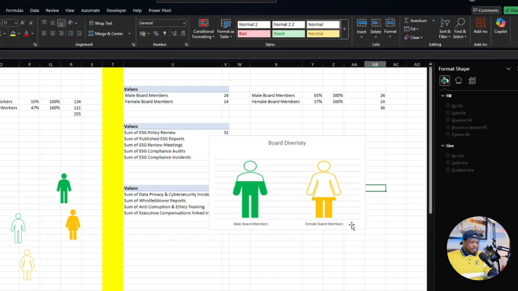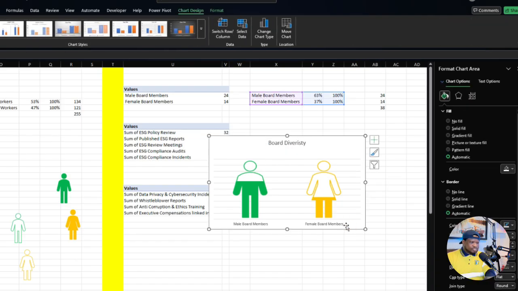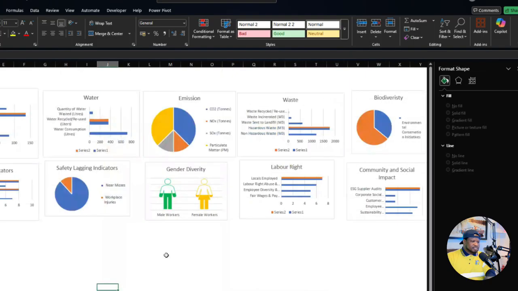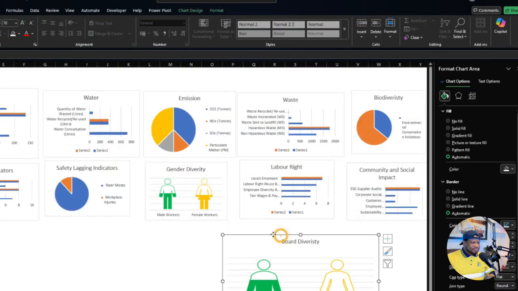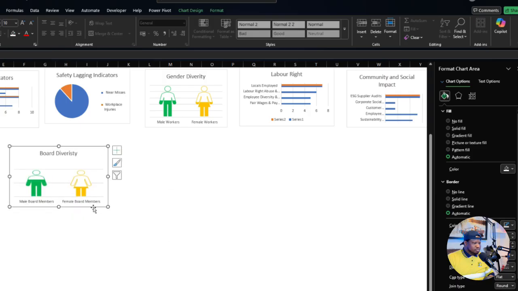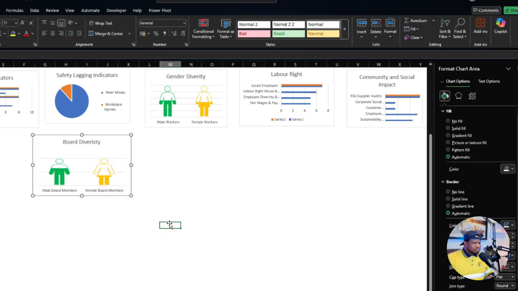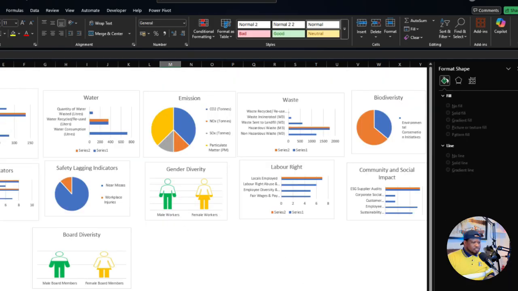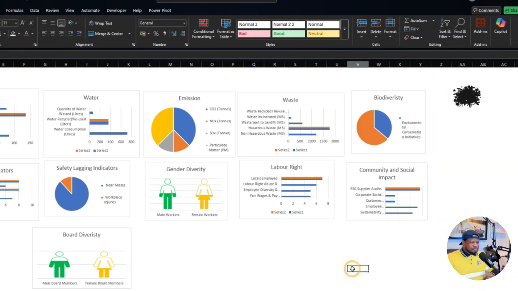Okay, and then we're gonna Control C or cut and then send it here. Okay, so the board diversity, I think it will be somewhere at the bottom. Okay, somewhere here. So we are getting there. Okay, and let's check our